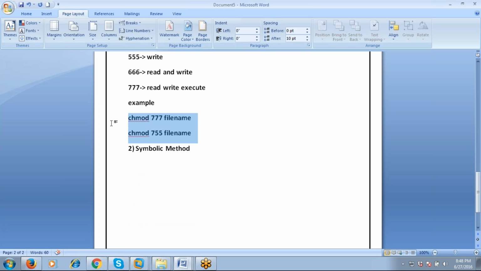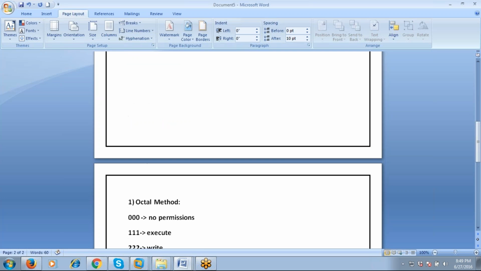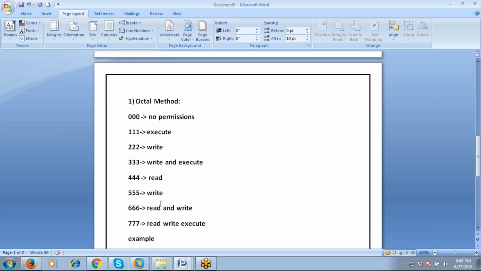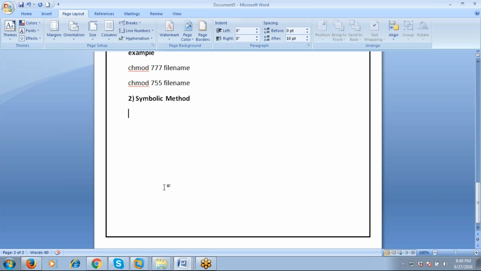So this is the first method for assigning the permissions. And the second method, the symbolic method, means using the symbols. So I told you, here we have the symbols. Symbolic mode means user means U, group means G, others means O, and read means R, write means W, execute means X, right? So using this symbolic method, a plus means adding the permissions,